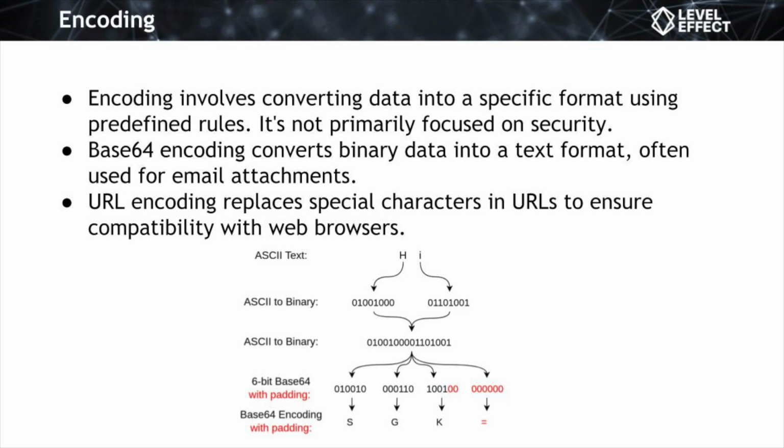One example would be base64 encoding, which is a specific type of encoding that converts binary data into text-based format. It's commonly used to ensure that binary data can be safely transmitted in text-based mediums, such as email attachments. This encoding scheme works by representing each set of 3 bytes in the binary data as a group of 4 characters in the ASCII character set. And while base64 encoding doesn't provide security on its own, it's widely utilized for its ability to convey binary data